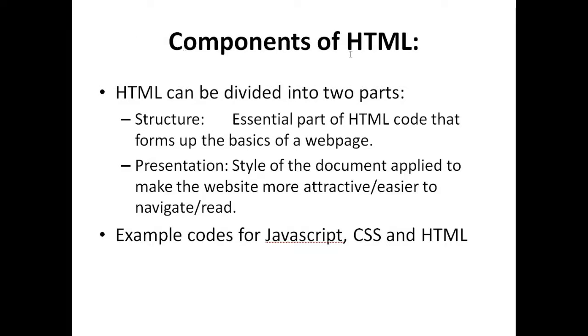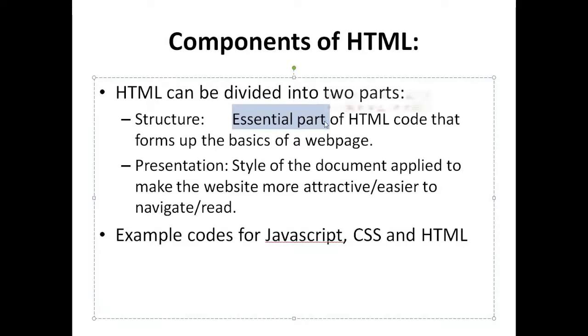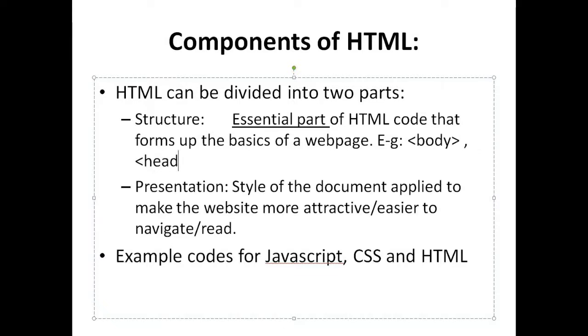Next we have the components of HTML. HTML can be divided into two parts. The structure is the essential part of HTML code. Now this is the keyword, essential part of HTML code that forms up the basics of a website, e.g. body, or you can say head or